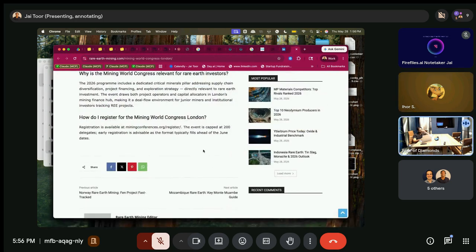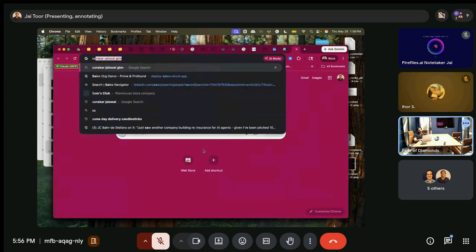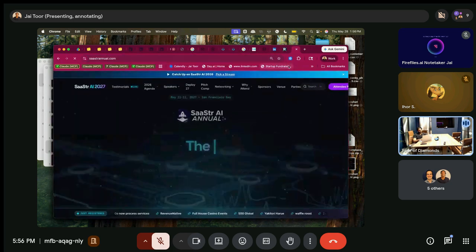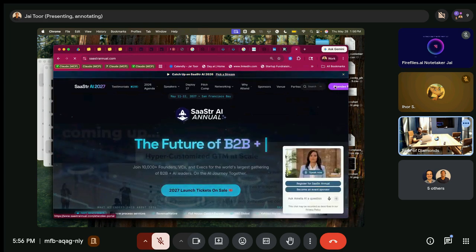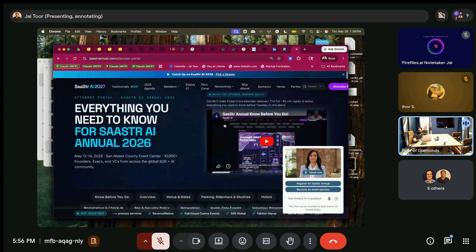If you are attending the event, there's usually an attendee portal. So I went to the Sastanak one, and they give you an attendee portal, which is a terrible website.